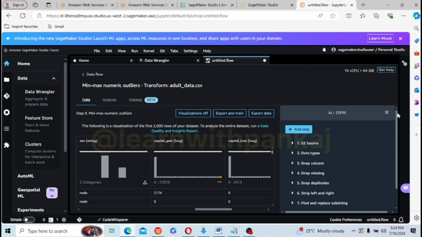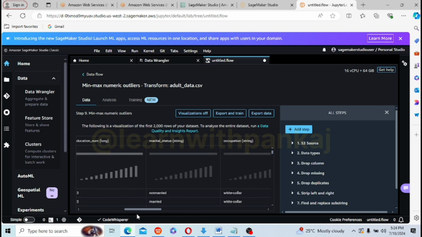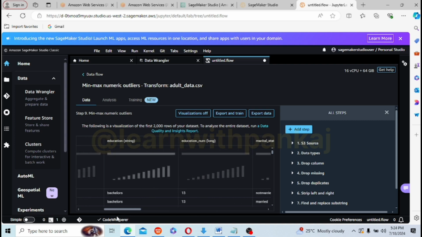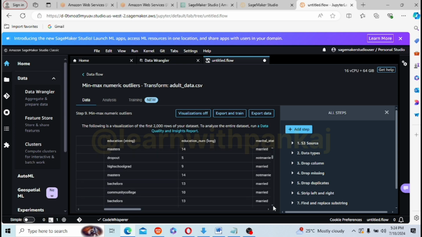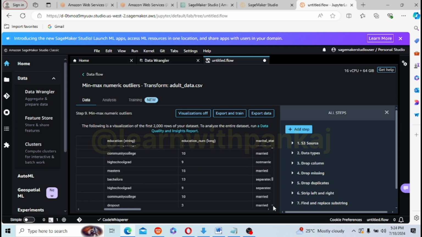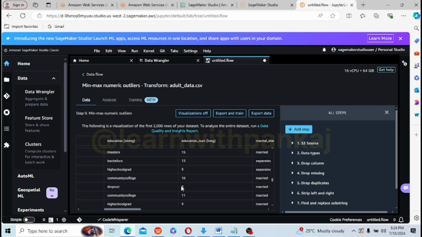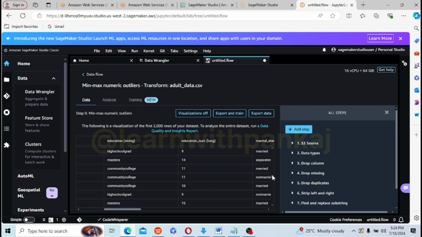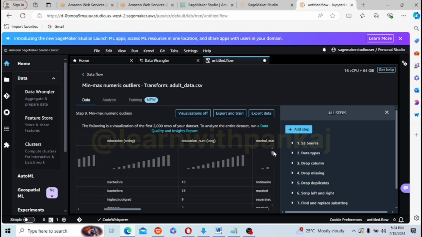Because in the education num and education columns, you would see in education num we have entries like 13, but it is not starting from 0, right? It is any number starting from 9 to 15 or something like that. So we have to make it from 0 to 13, and the education string has to have some values, right? For bachelor, we will give some numbers.